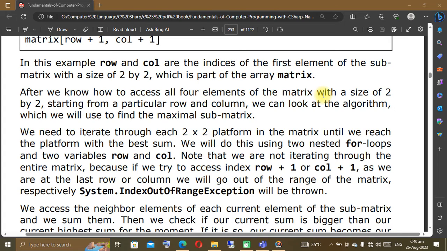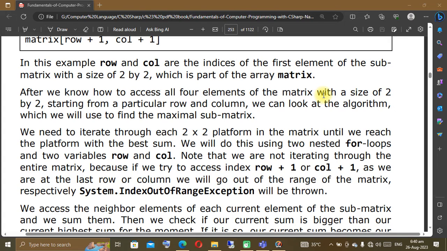After we know how to access all four elements of the matrix with the size of 2 by 2, starting from a particular row and column, we can look at the algorithm which we will use to find the maximal